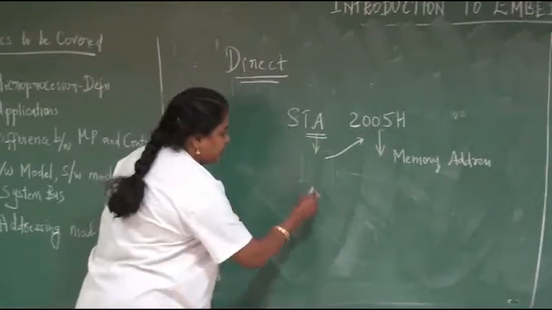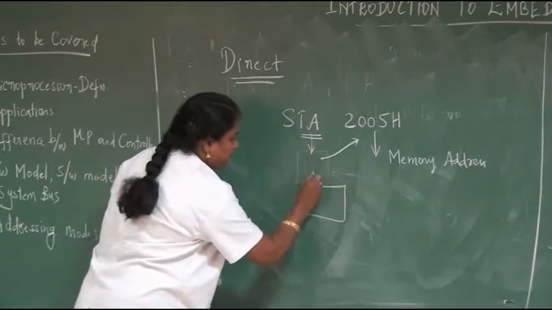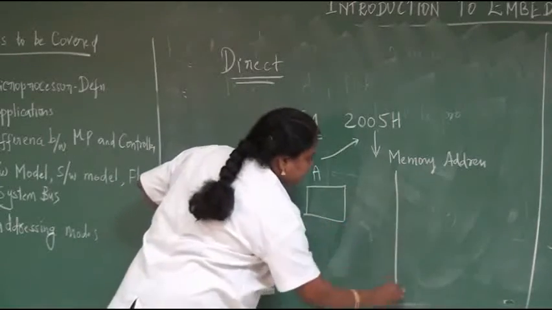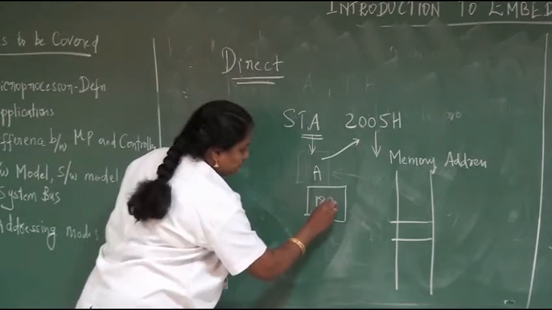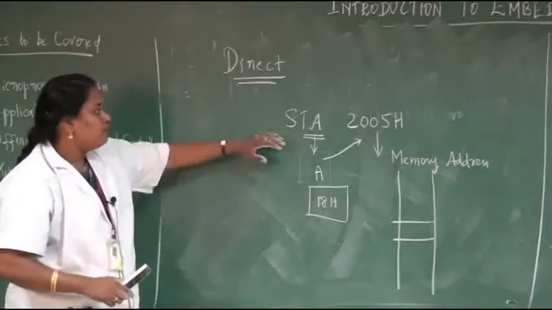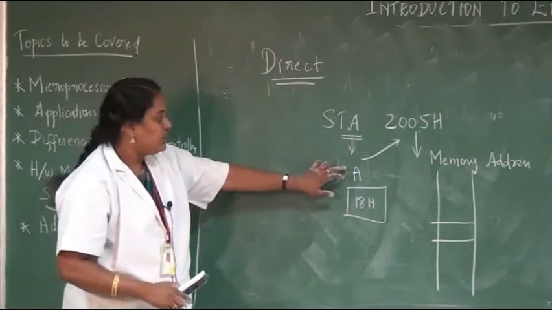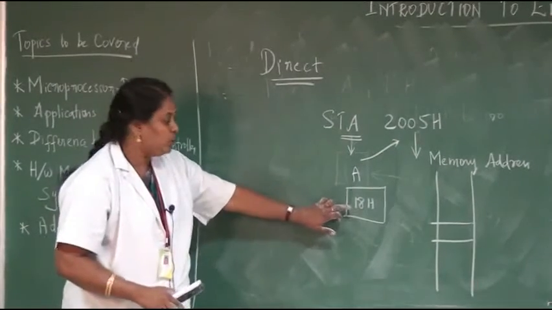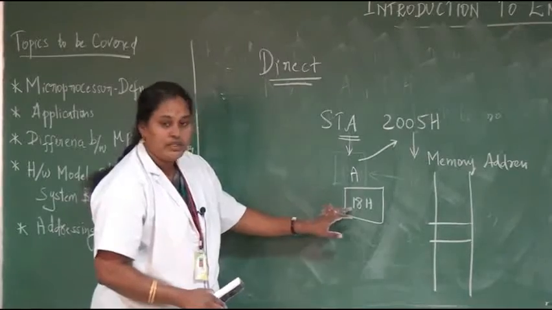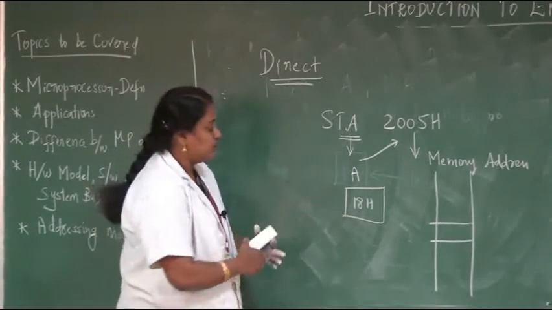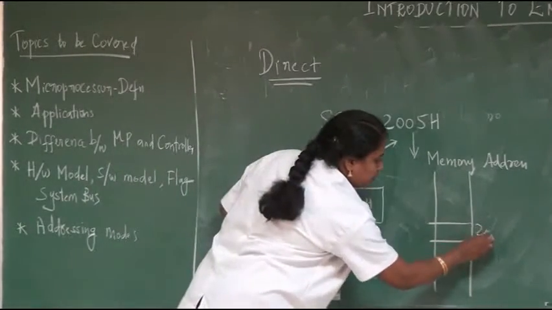So after executing this instruction, for example, before executing this instruction, accumulator A has a value 18. After executing this instruction, the value available at the accumulator register is transferred to the memory location